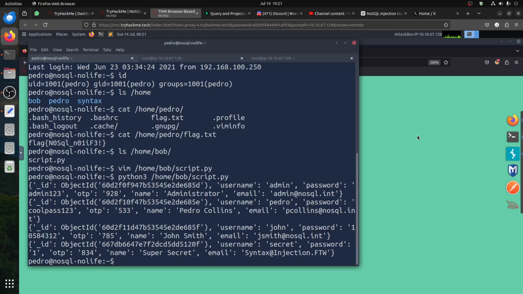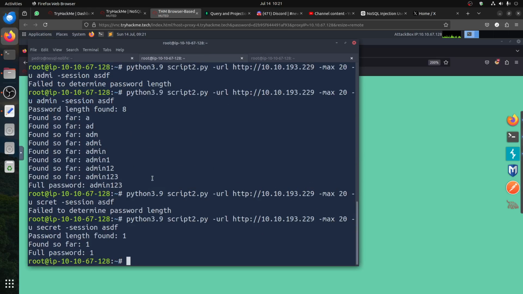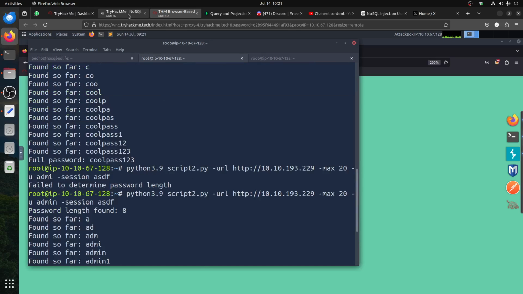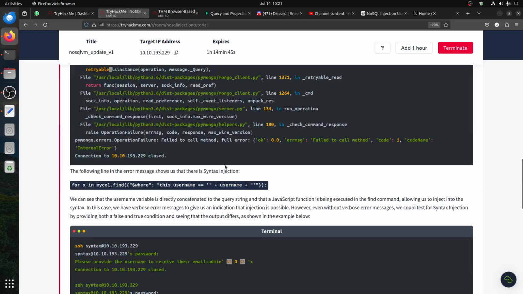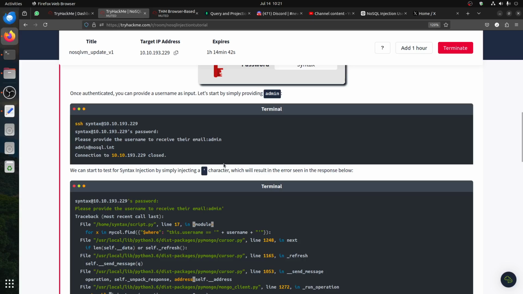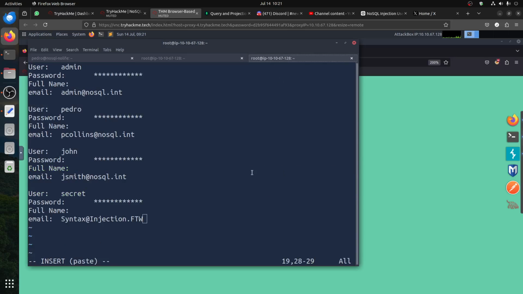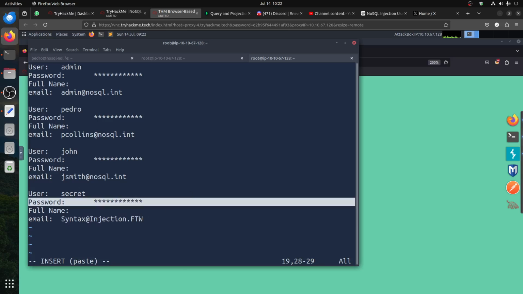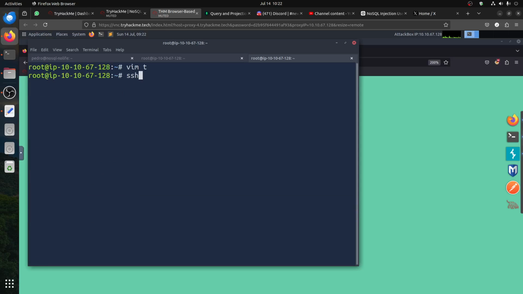Okay, I'll put the script so you don't need to, in case it's too much guessing here. So you can see it's getting it. The next section is more about the syntax. So we log into the password is syntax. So basically we already have the email here, we got it before, but in any case, so it's not like syntax at 10.10